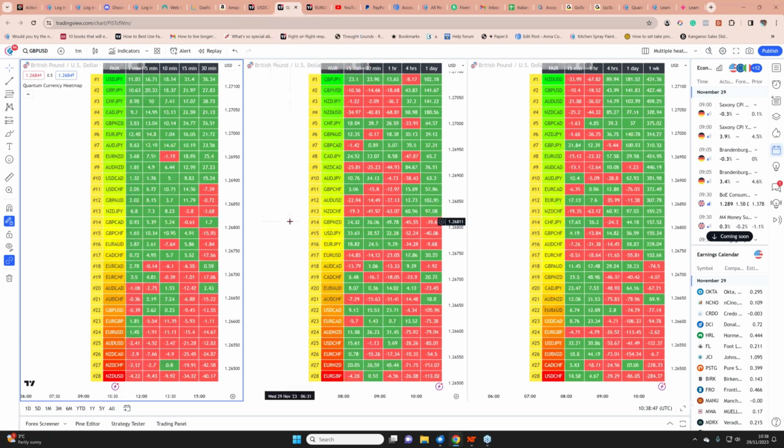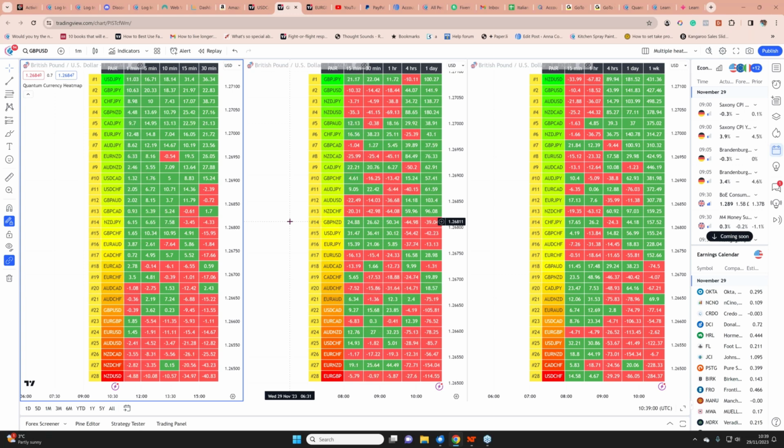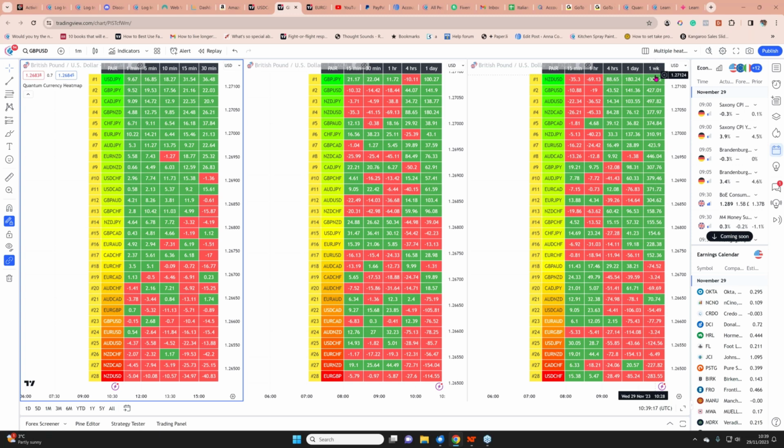Now, if I move over to the currency heat map, the big difference with the currency heat map, and the reason I put it up here, is because on TradingView, and this is unique to TradingView, we can't replicate it on other platforms, you can select your time frame. So I've got a 1, 5, 10, 15, 30. I've got a different array here, and I've gone right down to a slower time frame over here. So that's the first big technical difference in terms of how you can use the indicator, because on the other platforms you don't have that ability.